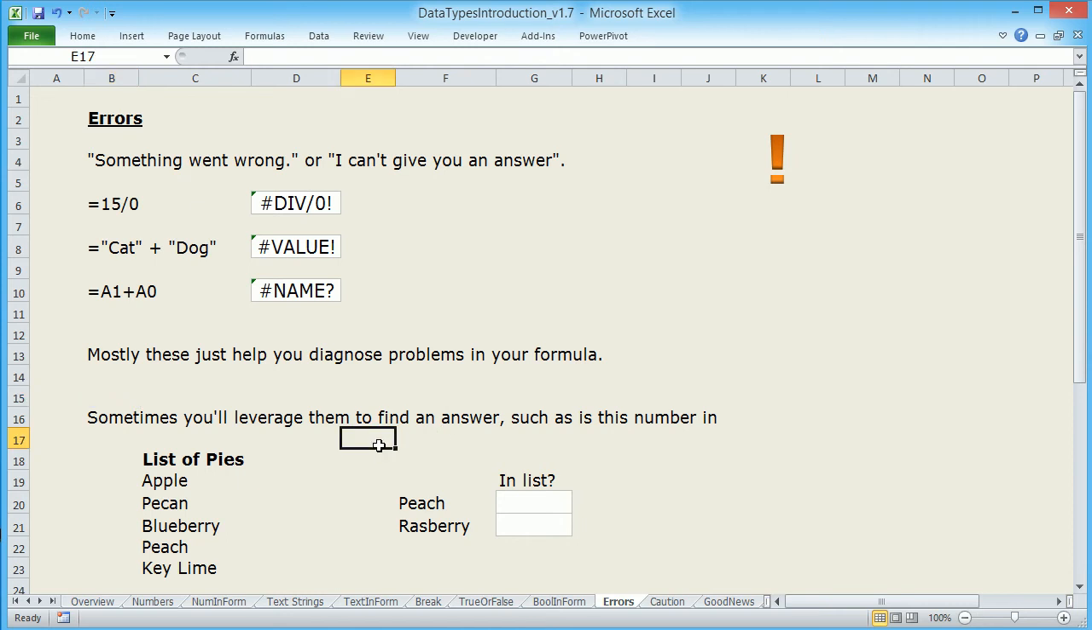But sometimes you will use errors to your advantage. What you'll do is you'll take a function and you'll generally use it for something it wasn't intended for, to find an answer that is otherwise impossible to get. So, for example,